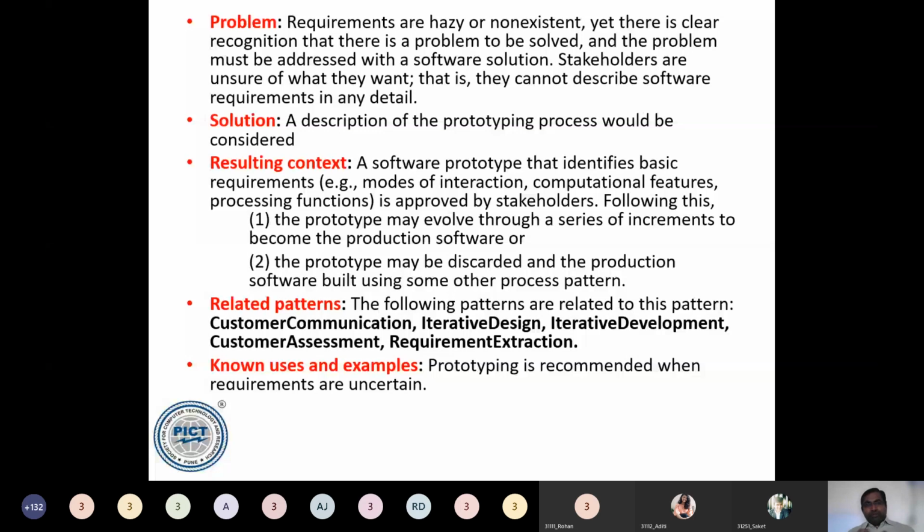So what we do is, a prototype can be developed. We can suggest: you are unclear about requirements, and I'm not able to understand what you want. However, we know that we want a software solution for some kind of problem, like the example of a door locking and unlocking system using a thumb or various other ways. So as a software developer, what I will do is